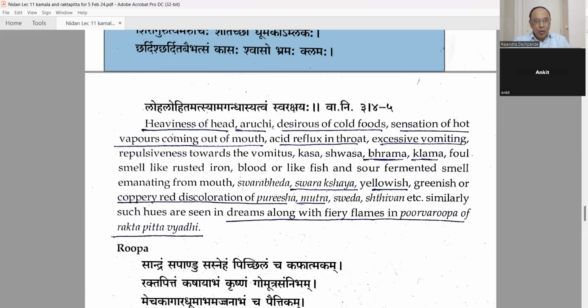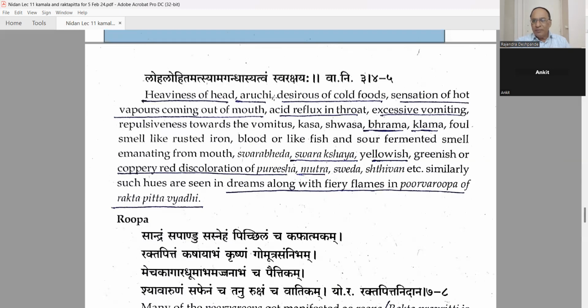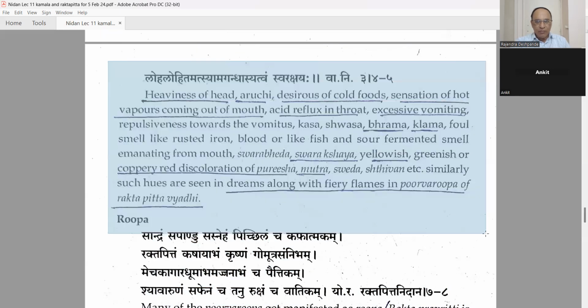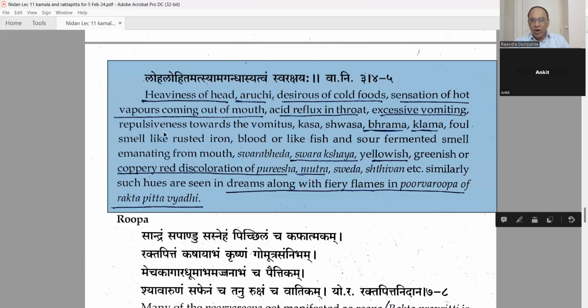But you are sitting the whole day, and still you are feeling tired, that is called Klama. Okay? Loha, lohit, matsya gandha, and Swarakshaya. Voice will also deteriorate. Voice will become low and lower because of the Ojakshaya. Heaviness of the head, aruchi, desirous of cold foods. I think I have just now explained this, but I will mark it for you. Then sensation of hot vapors coming out of the mouth, acid reflux in the throat, excessive vomiting, bhrama, giddiness, klama, I have mentioned, swarakshaya, hoarseness of voice, voice becomes less, yellowish, coppery red discoloration of the stools, urine, sweda, sweating,